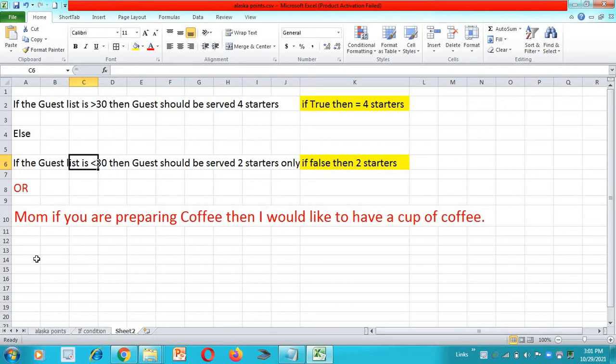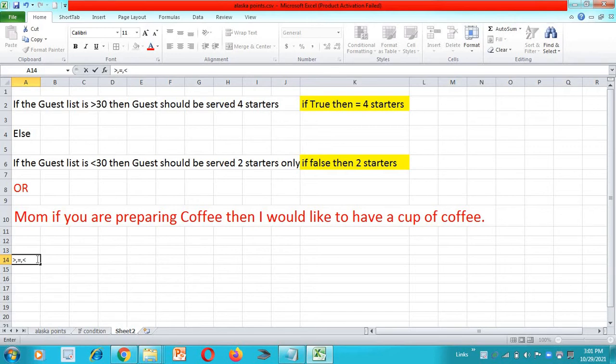You already know that we can compare in Excel by using logical operators like greater than, equals to, or less than. This gives the result as true or false.